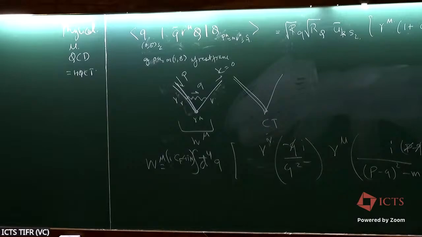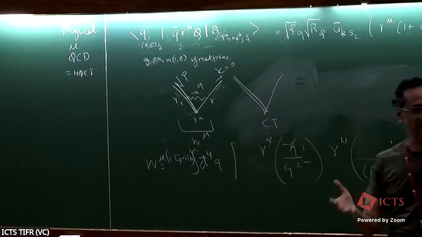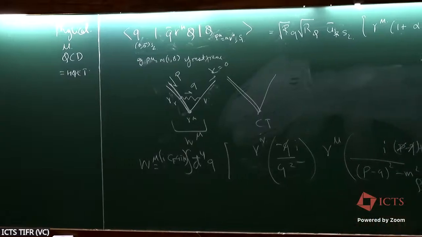One can worry about, can there be infrared 1 upon epsilons? Because the counter terms only cancel the UV divergences. They don't cancel the IR divergences. And in fact, both in the HQET side and in the QCD side, there will be